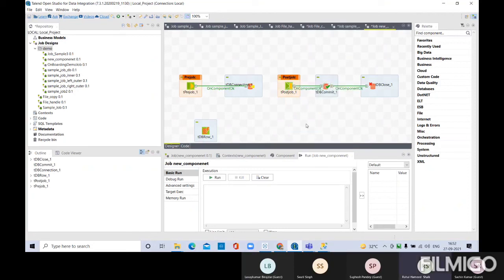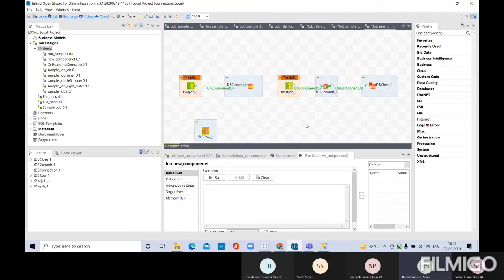Okay, now what happens is, you connected a DB connection to pre-job, and commit and close to post job, but your DB row is not connected to anything. So that means your pre-job will execute, and then Talend will check if there are any other jobs or components left out. Your DB row is left out there, so that will run, and then at the end only your post job will run. In post job, commit will happen and then the connection will be closed.